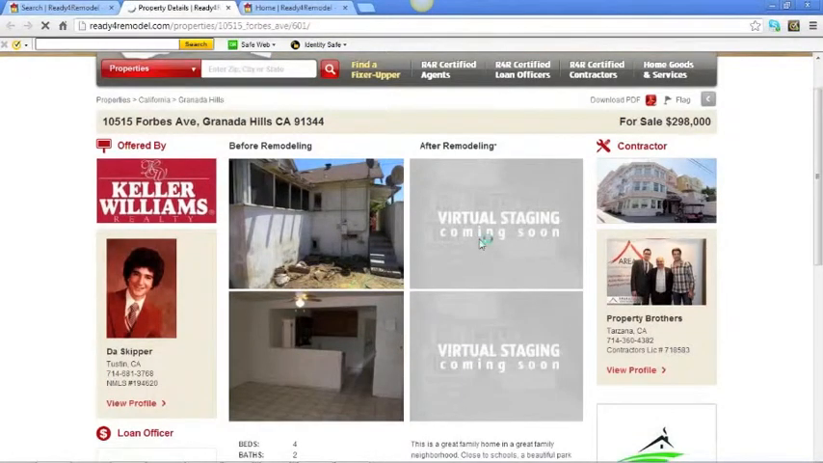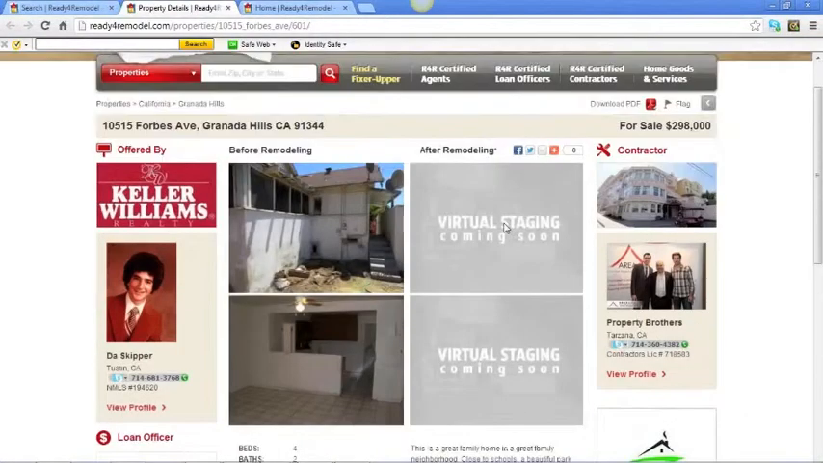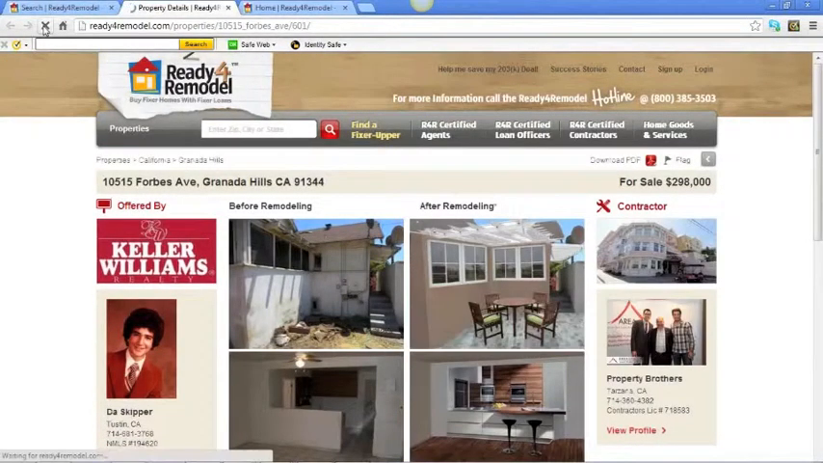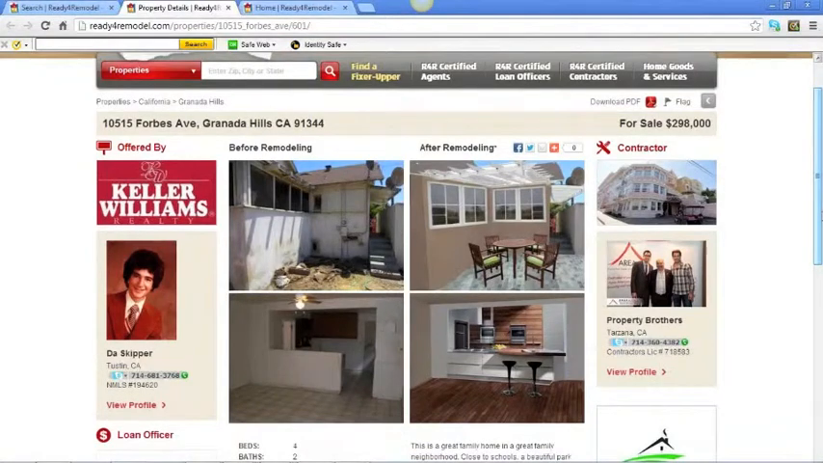And you'll see the listing is there with the before picture, and it's letting you know that the virtual staging is coming soon. Within the next couple of days, we'll notify you, and we'll turn this virtual staging photo into the actual after, which will look like this. And this is a sample of your Ready4Remodel listing with the virtually staged before and after photos of the exterior